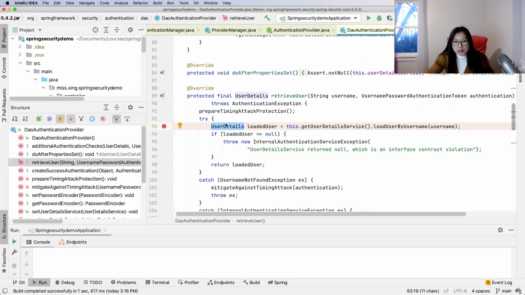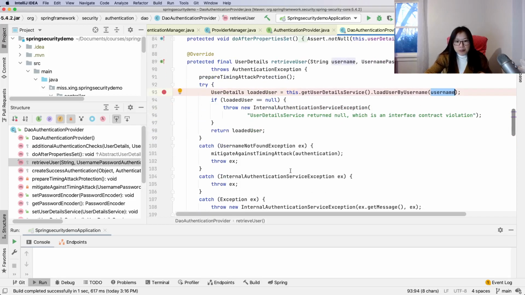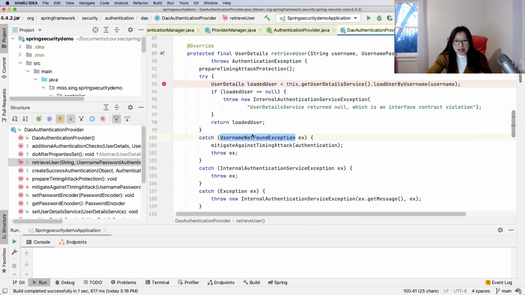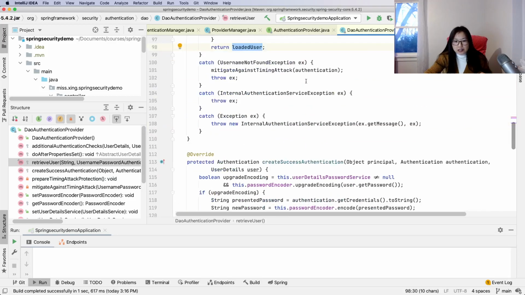So here, if it cannot find the user, it will throw an exception, which means there is no user that exists with this username, and it will catch exceptions like UsernameNotFound and others. If it finds the user, it will return the loaded user, and then we will do the other authentication steps like